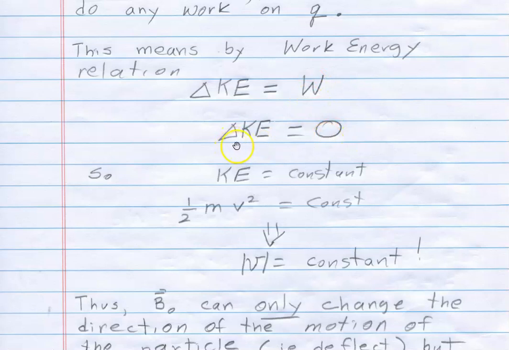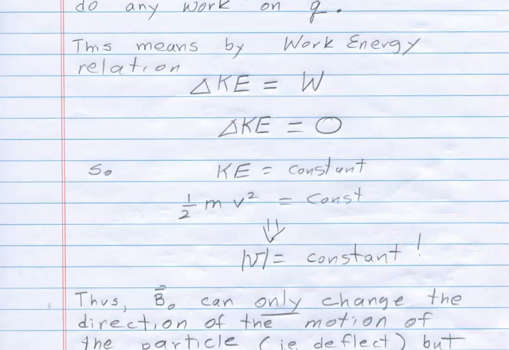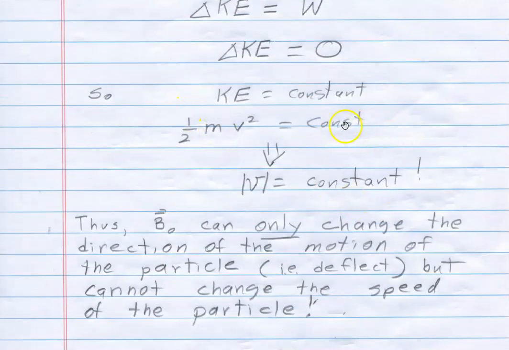So the change in kinetic energy of that charge Q, whatever velocity it was going at, has to be zero. But if the kinetic energy is constant, remember kinetic energy is 1/2 m v squared, and the mass is constant,